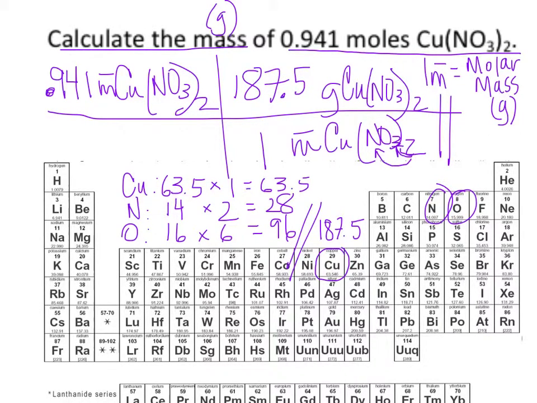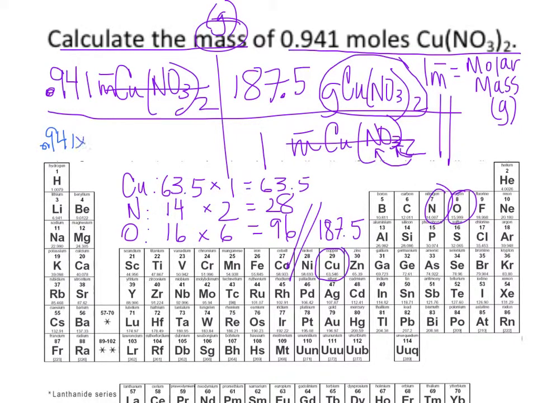Okay, so we've crossed out moles, we've canceled moles, and we end up with grams, which is mass, and that is what we were going for. So then the last thing you need to do is simply calculate, and the way that you do that is by multiplying